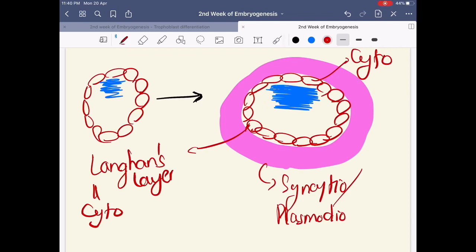So what is the syncytial or the plasmodiotrophoblast? This is actually a syncytium, that means that there are multiple nuclei in this. These trophoblast cells also had these nuclei, and these cells were lying adjacent to each other. What happens is that for some of these cells, the cell membranes in between them disappear. So they become a single cytoplasm with numerous nuclei in them. That is called a syncytium, and it is called syncytiotrophoblast. And the cells that remain, which retain their plasma membrane, that is your cytotrophoblast. Hope it's clear.